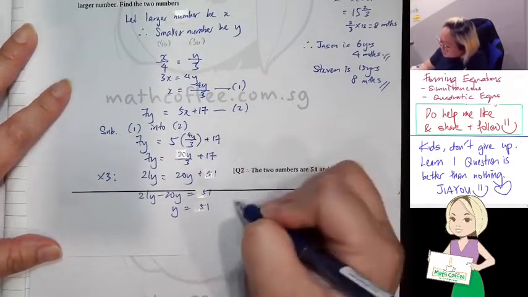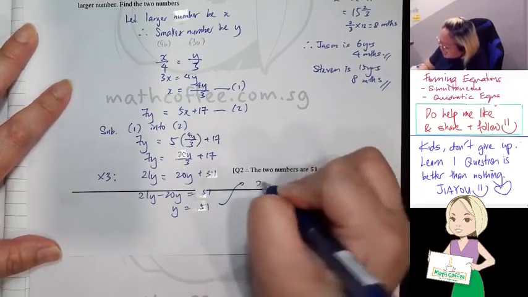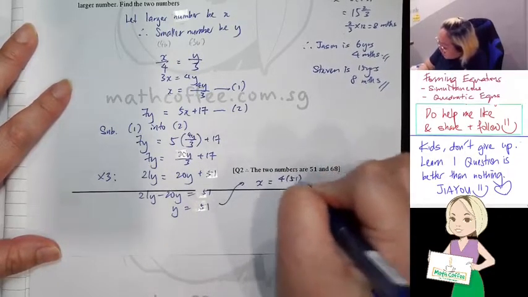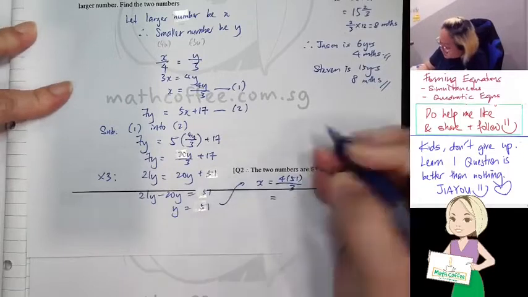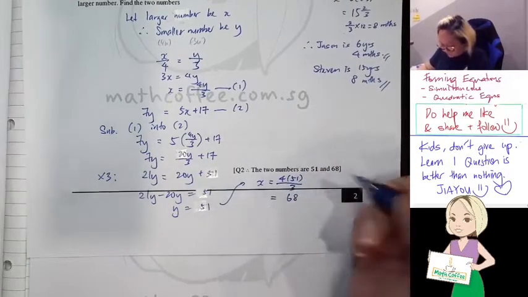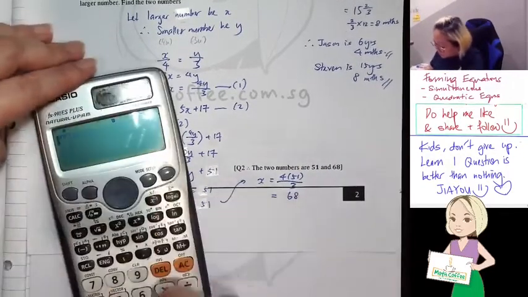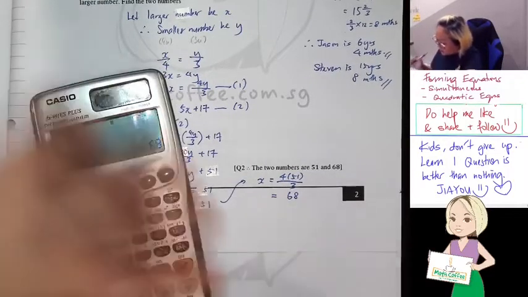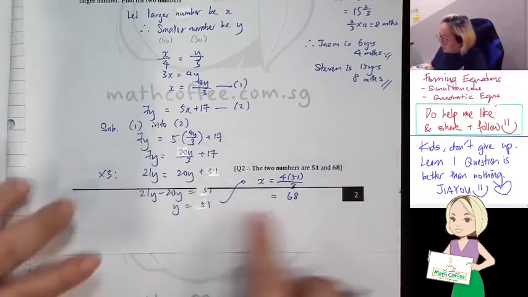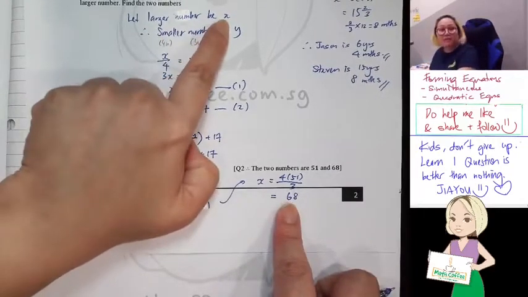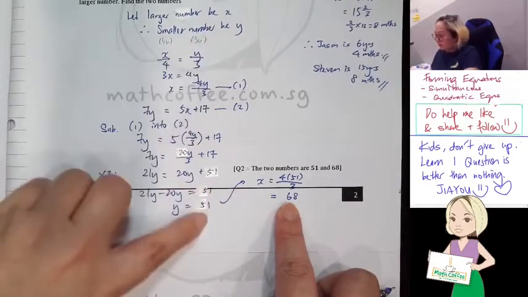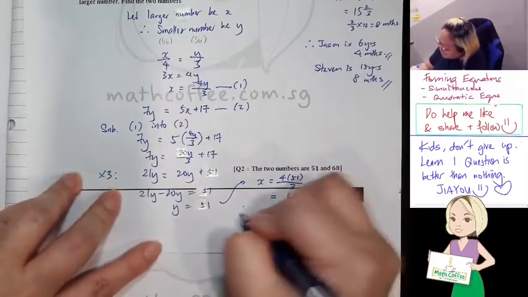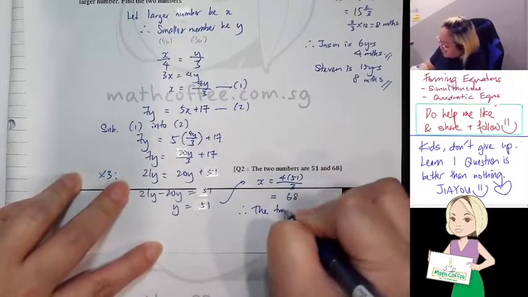Okay, then let's move on. Then after that, I find my x. My x will be 4y over 3, and that will give me 68. So it will be 4 times 51 divided by 3, 68. So now it makes sense. Because I assign my x to be the larger number, my y to be smaller number. So therefore, you will say the two numbers